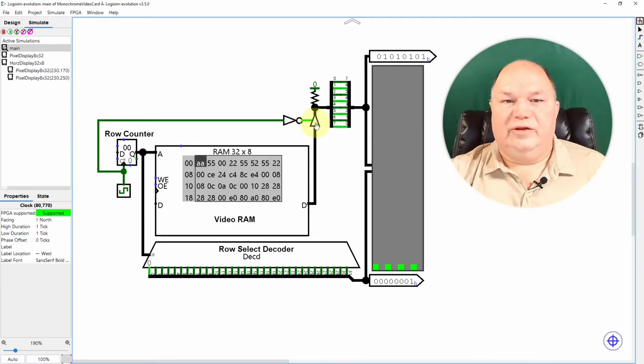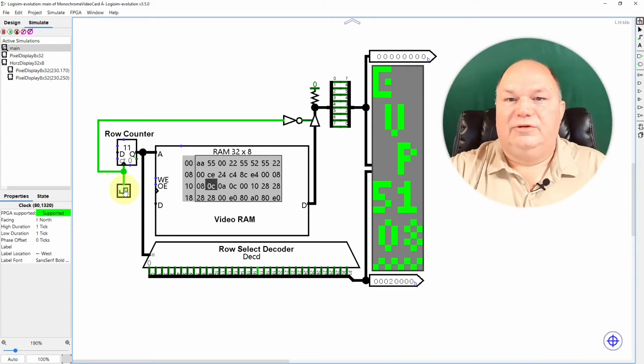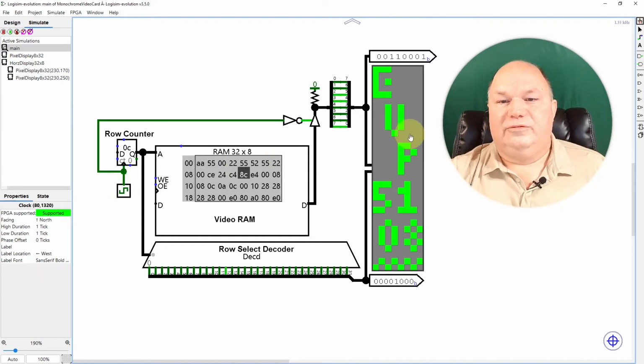What we've done is we've added that buffer, as I mentioned before, and then when the buffer is disconnected, we have a pull down resistor to make sure that the output is 0. That way, every time the counter counts and goes to another row, we are effectively combining it with a 0 instead of the previous value. So as we draw each row, we see that we begin to get an actual picture. Let's let it run. And sure enough, there's our image,